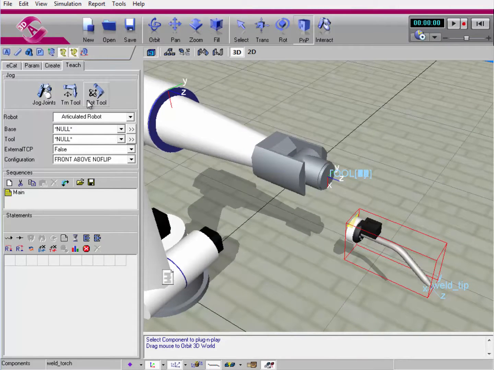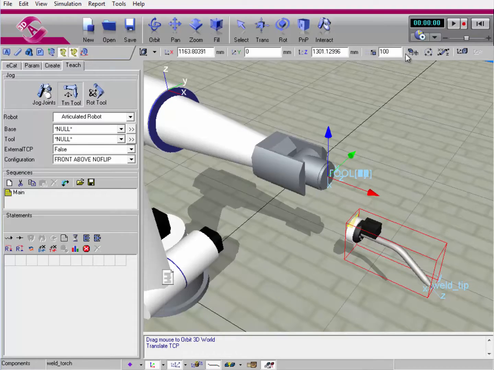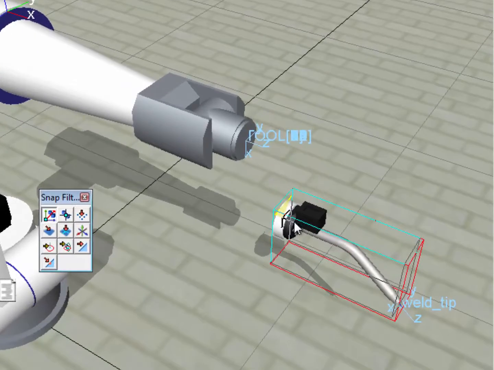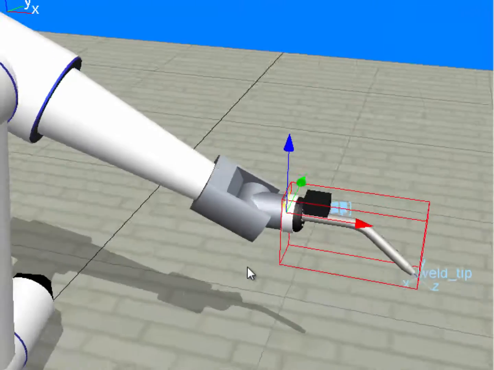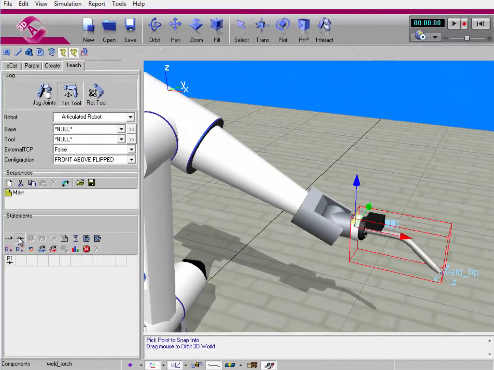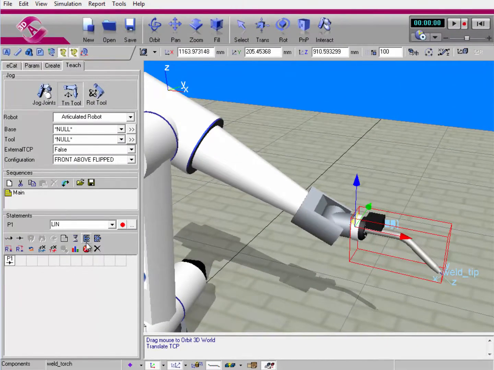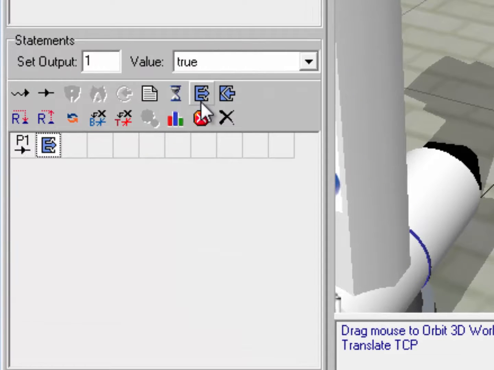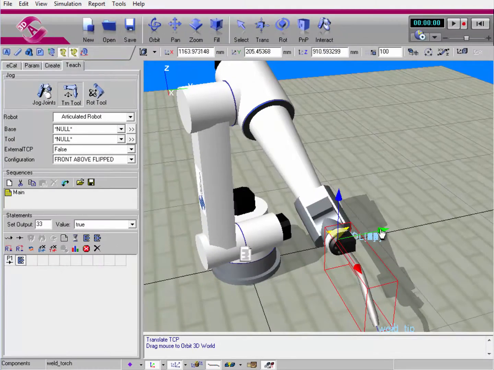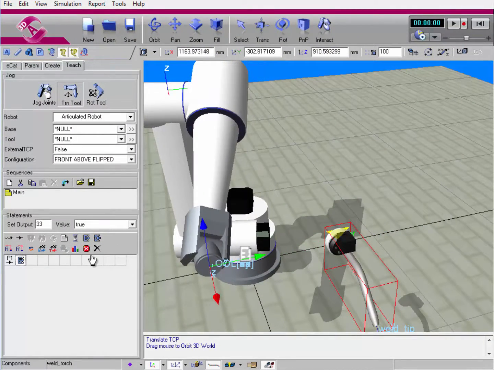I'll now select Translate Tool, and I'll snap the robot to the tool component's node origin, like so. That'll be my mount position. I'm now going to use a set binary output statement, and if you remember in previous videos you used signals 33 through 48 to mount and dismount tools. So I'll use signal 33, and value of true means it will mount the tool. If I create another robot position over here to move the tool, and I run the simulation,